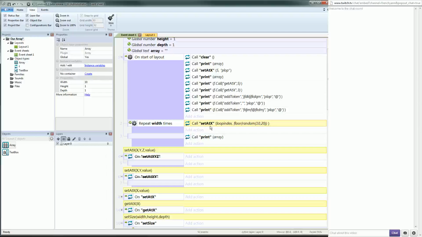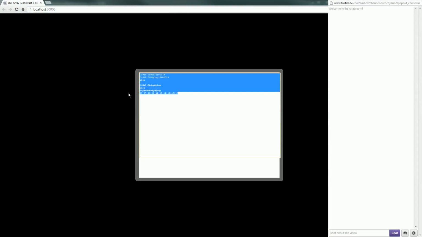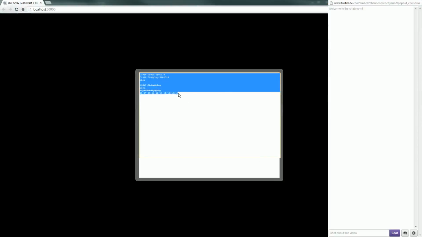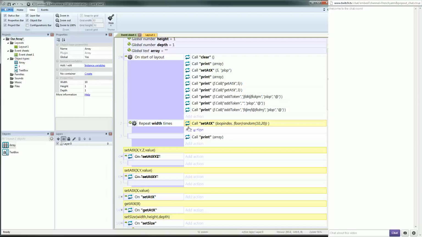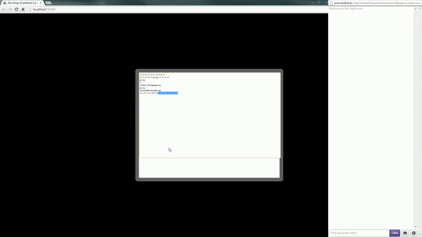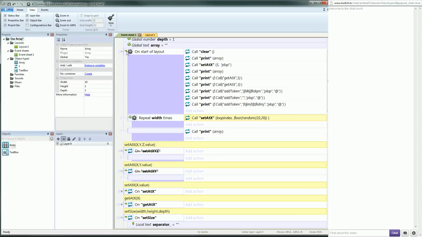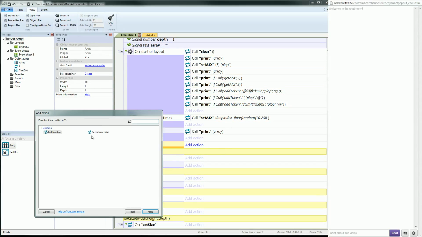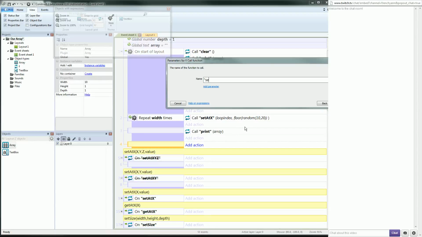Now we want to set the size to something smaller. No, first bigger than smaller. It should add zeros and then overwrite. No, discard the values rather. Okay, so set size, call function, set size